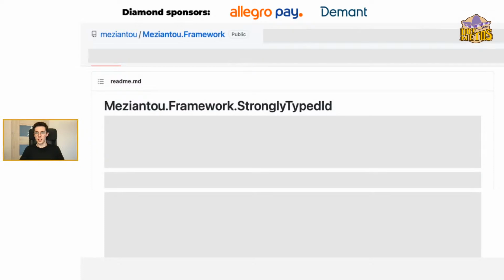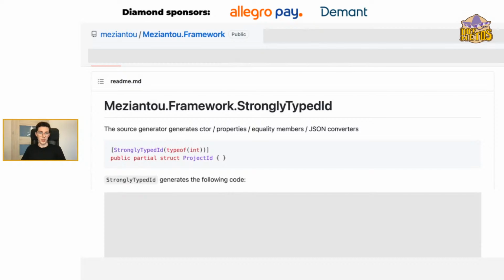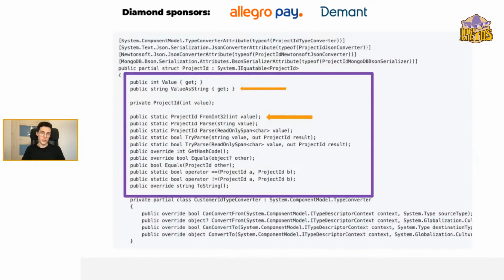To add it is trivial because you go through the documentation, and it's basically a source generator for properties, equality members, and most importantly, JSON converters here. If you mark it as a strongly typed ID, the package will generate the following code. At first, a bunch of getters, parsers, helpers, and different things. Useful, yeah.